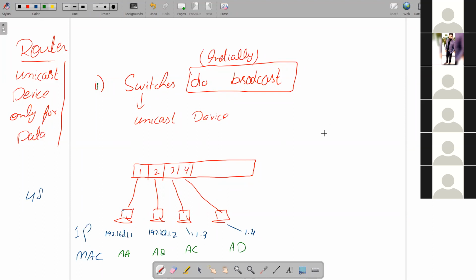So what's going to happen? This switch is a very intelligent device. Why is it intelligent? Because it maintains the MAC address table. And why does it maintain the MAC address table? Because